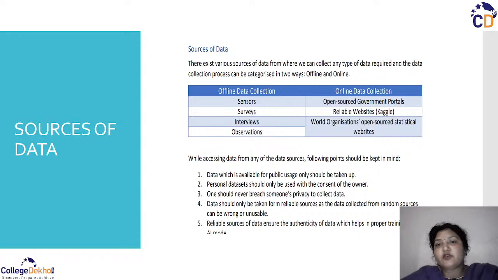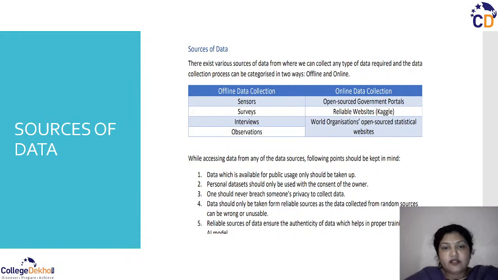Because they are first of all maintained by governments, and even Kaggle is maintained by some private organization, but it is very much reliable because most of the people are using it for building their applications, right? It's not giving you irrelevant or wrong results. It is predicting the correct results by using such private websites as well, right? So it is very important whenever you are downloading the data set, it should be from some reliable